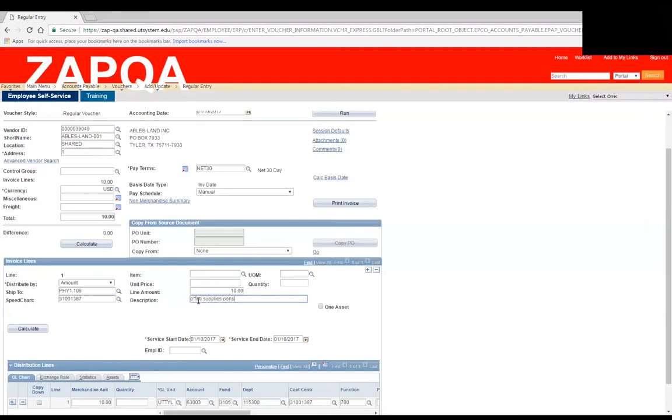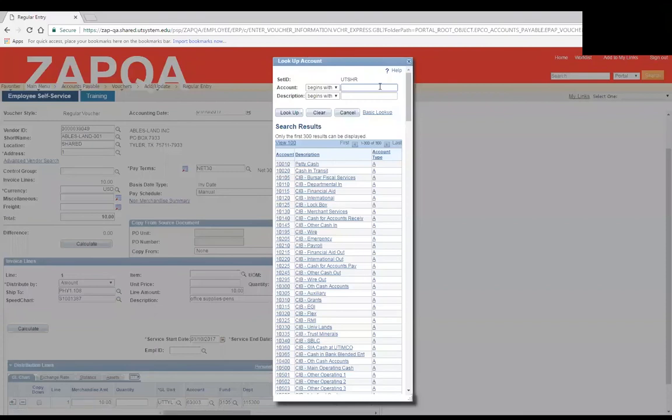Do you have your voucher up where we can look at that? Okay, good, because we can do a search on that. So when you click on your search icon,